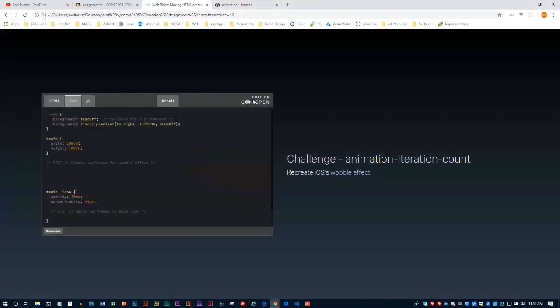Here's your little challenge. So the next slide over, keep your happy face tab open, we'll get to that again. The next slide is a challenge where you're going to recreate the iPhone's wobble effect. Whenever you want to rearrange your icons on the iPhone, it has that wobble effect. So if you open up this new CodePen,